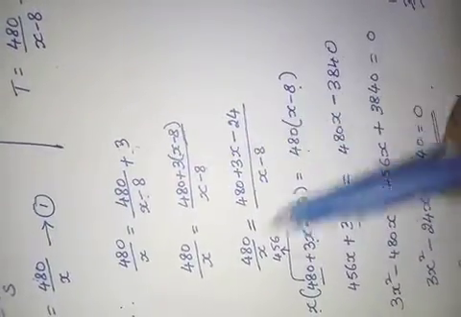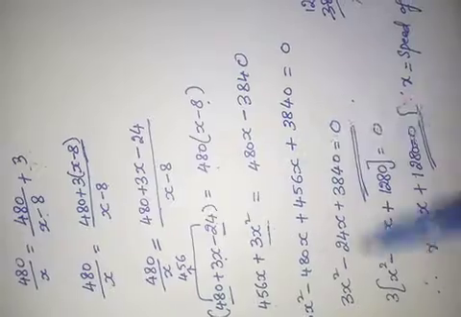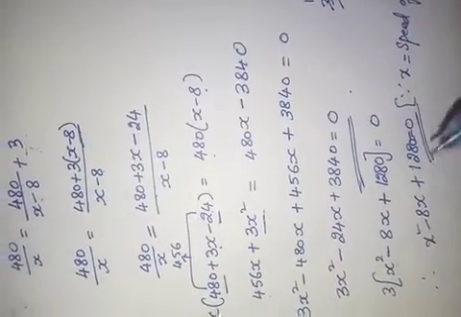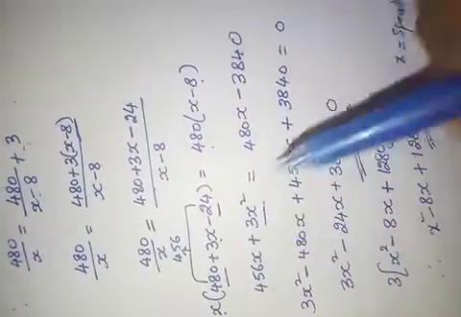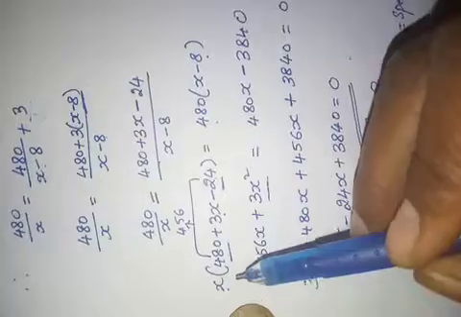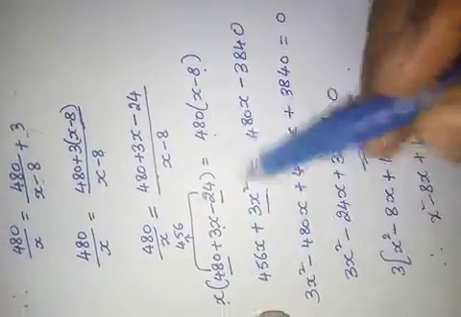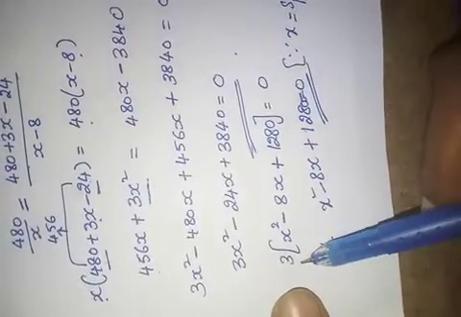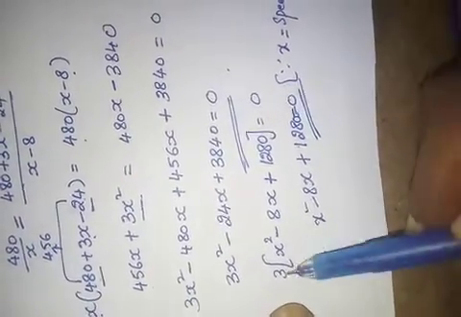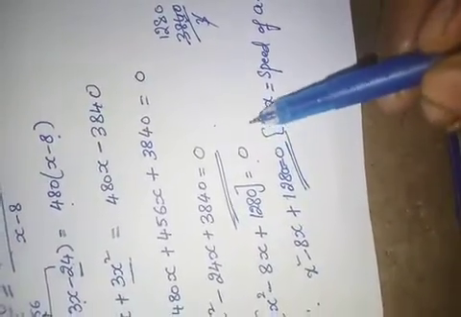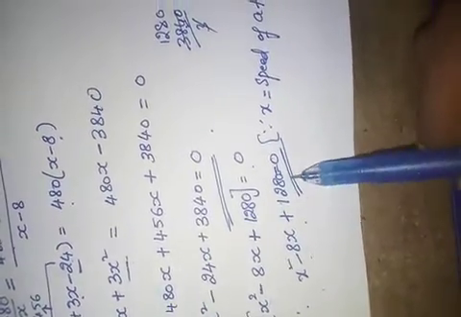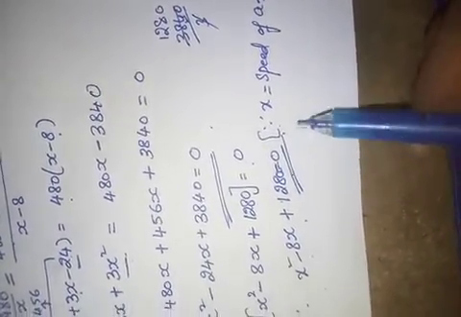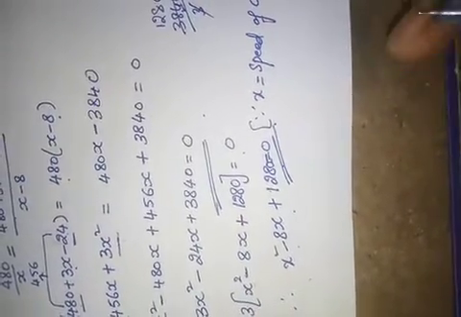Here I have taken LCM, again cross multiplication, just multiplication. It looks big, that's all. But I have done it step by step. No need to do step by step. If you want, you can do it directly. I have cross multiplied and multiplied again and solved it. And again here I have taken 3 common. If I send this 3 to this side, it will divide: 0 by 3 equals 0. Therefore, our required equation is x square minus 8x plus 1280 equals 0. That's all. Our exercise 5.1 is completed.